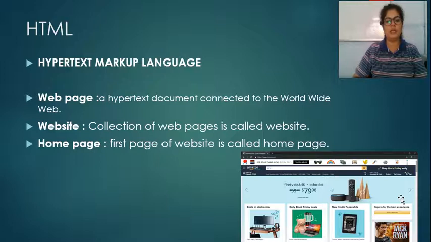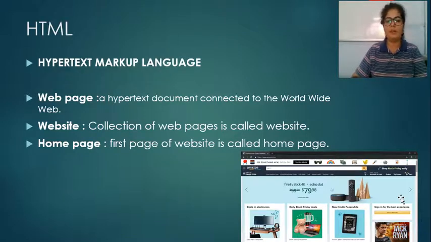Now the next question is, why is HTML called Hypertext Markup Language? What is the meaning of this term? The first word, H, is hypertext. Hypertext means when you click on the text, it allows you to move to the next page.